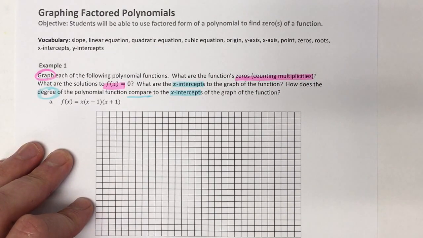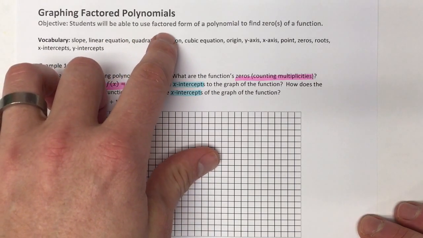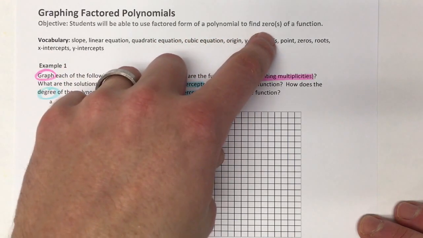Okay, today we're going to focus on graphing factored polynomials. So we're going to really focus on tying in the factored form of a polynomial and the zeros that you guys have been finding with zero product property and what the graph will look like as a result. Our objectives, students will be able to use the factored form of a polynomial to find the zero or zeros